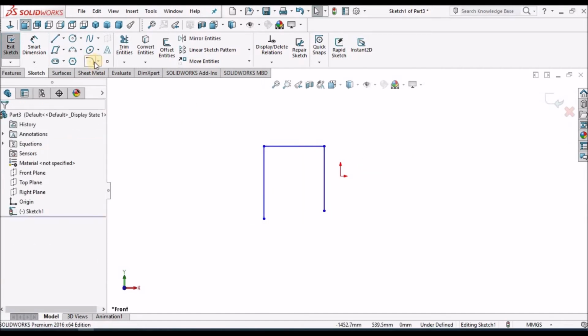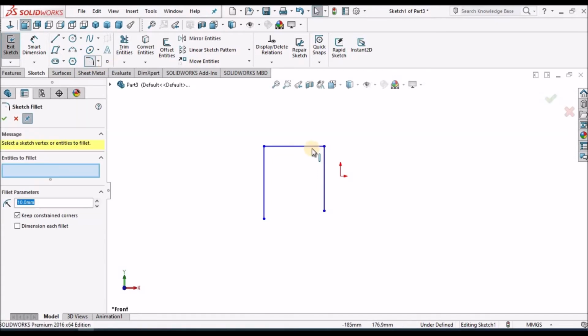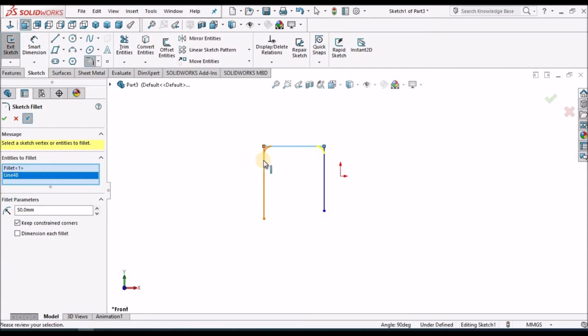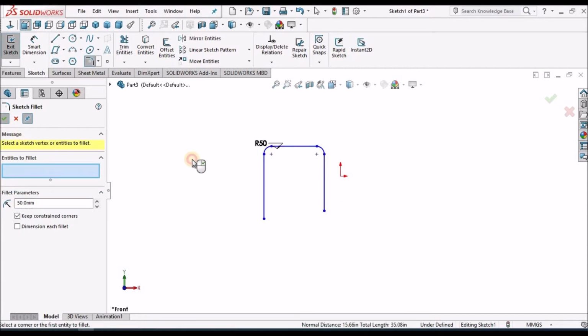Okay, so when I go for the fillet option, this is 10 mm, I will keep it as 50 for better visibility. See, 2 fillets I have taken.